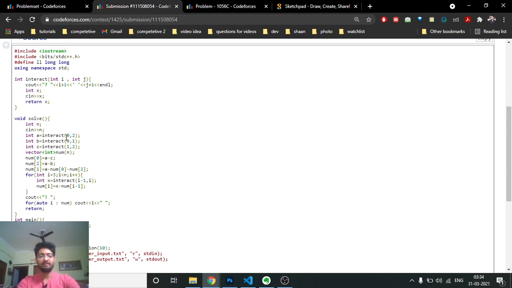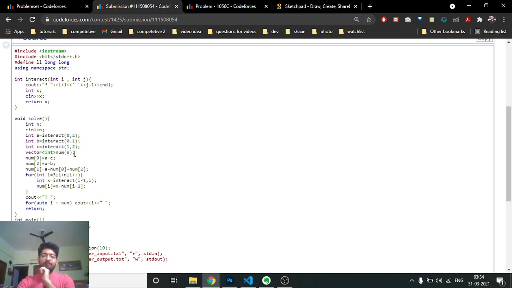So what we have done here is, we have to first get the value of the first 3 elements. I have made this by 0-based index, but because the values in the problem are 1-indexed, whenever I get any i and j value which is used to find the sum, we have to print an exclamation mark... sorry, a question mark, a space, and the 2 indexes for which I want to get the sum, and we have to just return the sum. So this will get the sum of the first 3 elements. This will get the sum of the first 2 elements. This will get the sum of the second and third element.